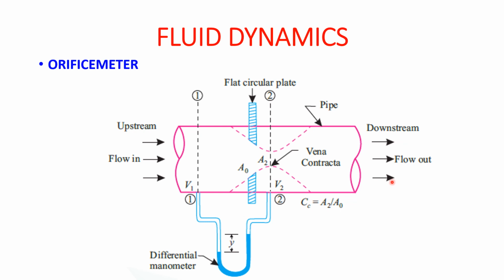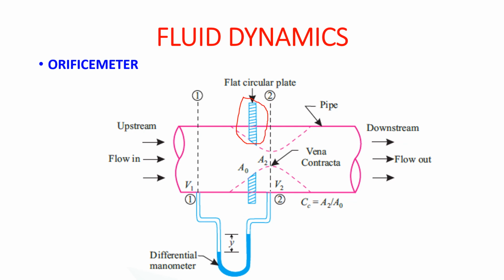So what we have to find is how much discharge is flowing through this orifice meter, because like the venturi meter, this orifice meter is also a discharge measuring instrument, or we can say a rate of flow, that is Q value measuring instrument. Therefore this manometer is employed, and the water flowing through the orifice meter will give us the difference in levels of the manometer, because the area is different, and therefore the flow is possible. Now this is an orifice plate, which is shown here.